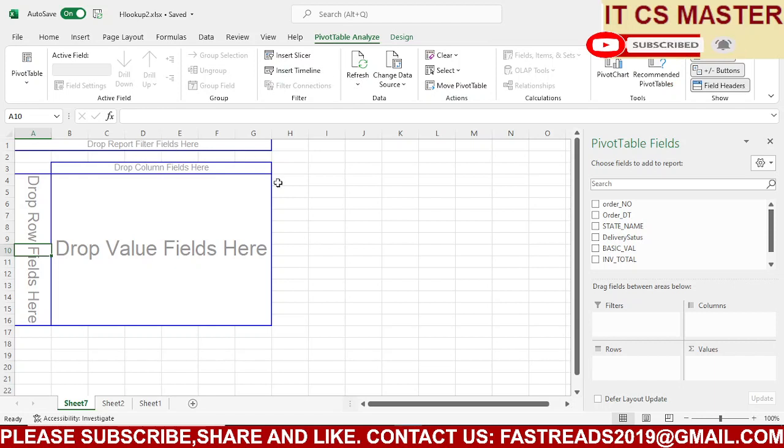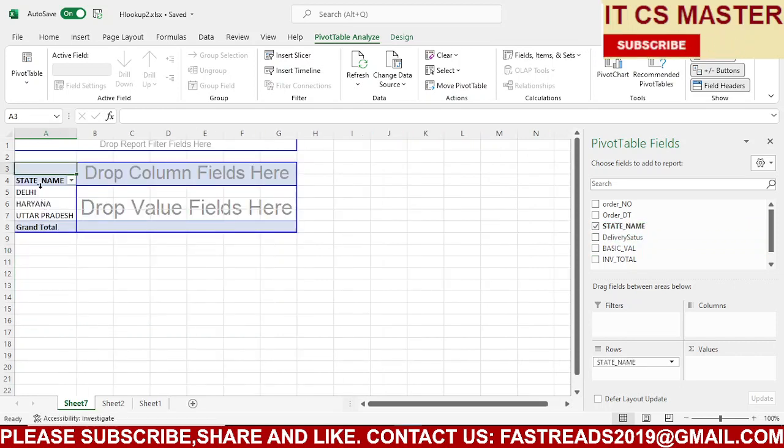First we will see rows. Suppose I need a row, state name, so I just drag and drop it. Here you can see state, so I have mentioned all rows. Otherwise you can also directly mention state name in the row area. I am doing this again because in the last video we did not understand the layout; I demoed directly from the field list.